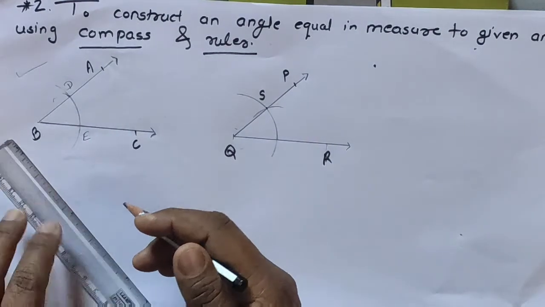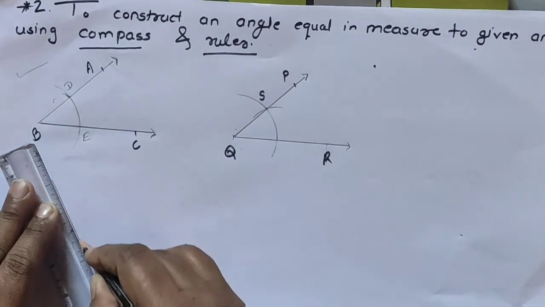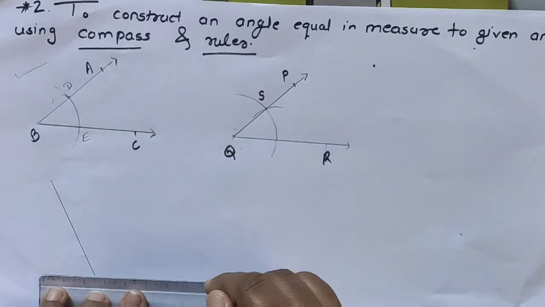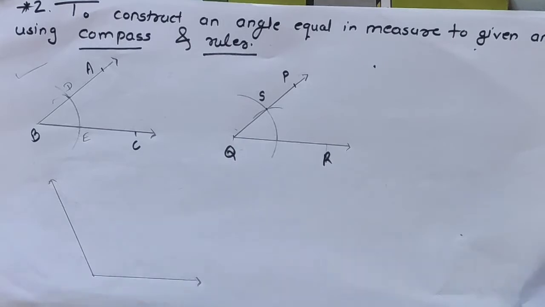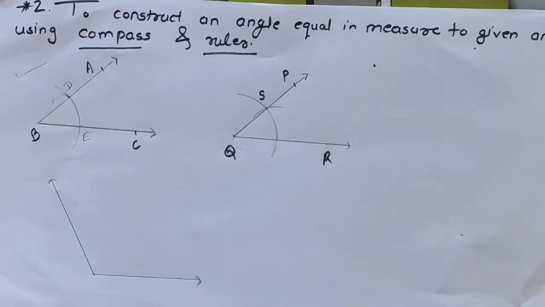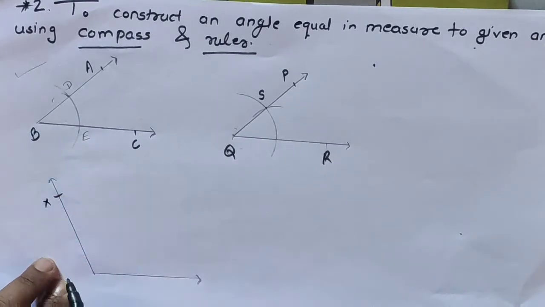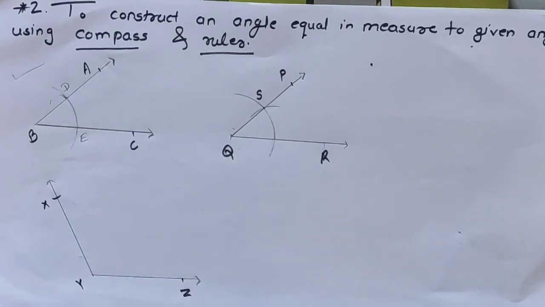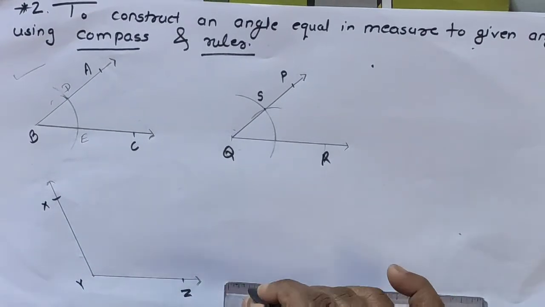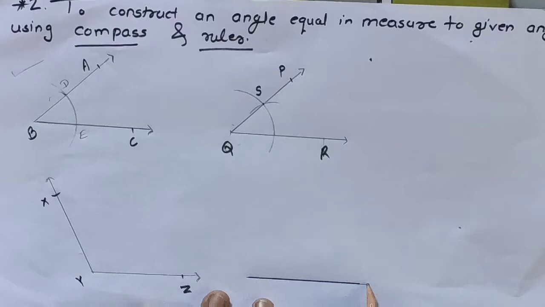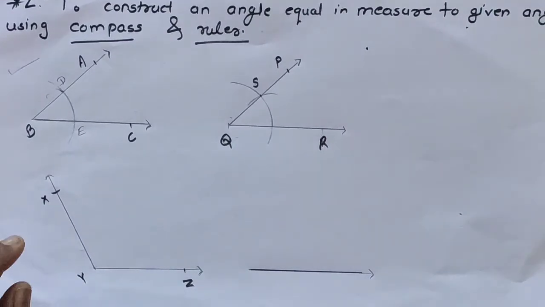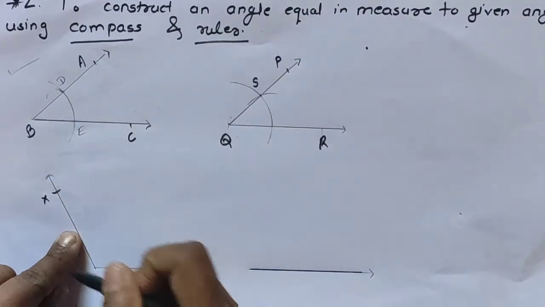So first of all, draw any obtuse angle. Okay, so I have drawn here this obtuse angle and its name is XYZ. Now draw the ray. So for XYZ we have to draw, suppose the question I will write here, draw